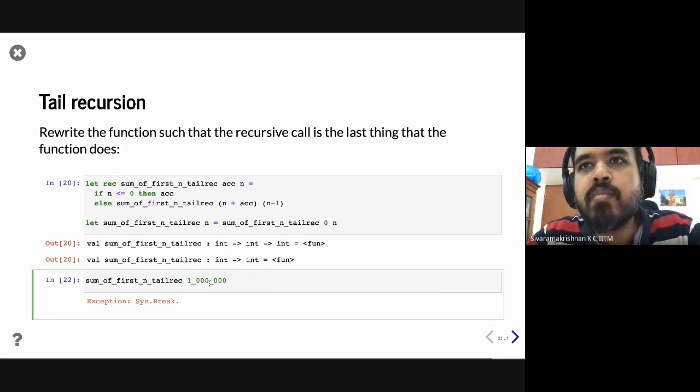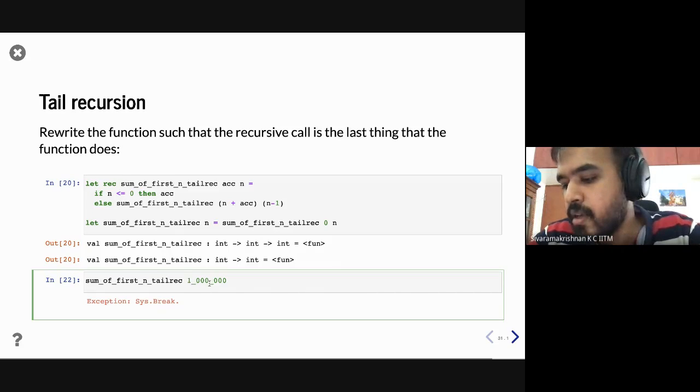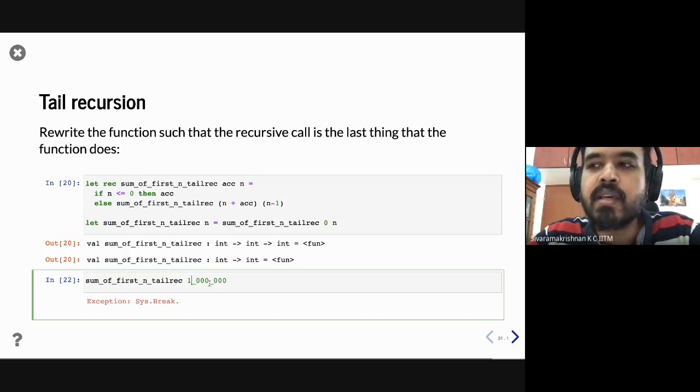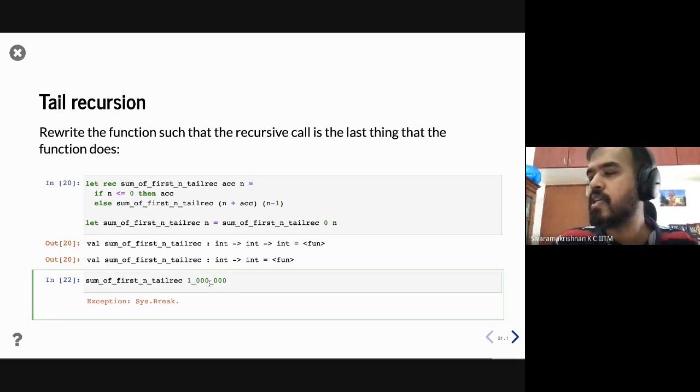Is popping a stack frame in case of a tail call specific to OCaml? Good question. So this tail call optimization is a general compiler optimization. I don't know whether you will study tail call optimizations in the compiler course. GCC also does tail call optimizations, but you have to enable it explicitly, and Clang does it as well. So these are a standard set of optimizations that any compiler can do. If you know that when you perform the recursive call, there is no work left to do, right? At that point, you can pop it. So GCC does do it.